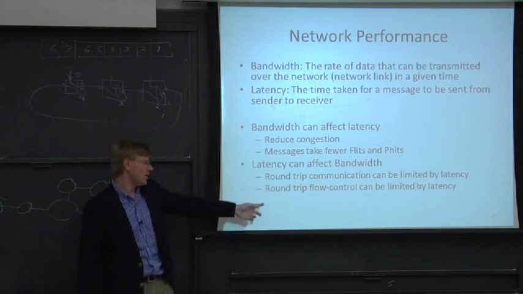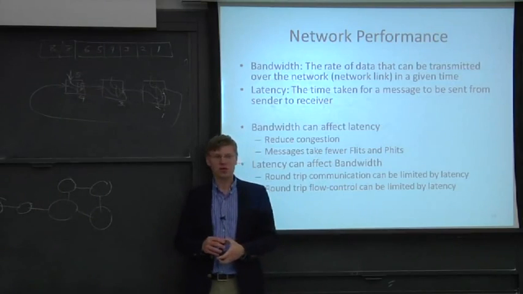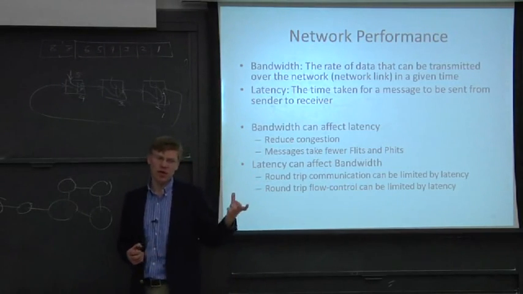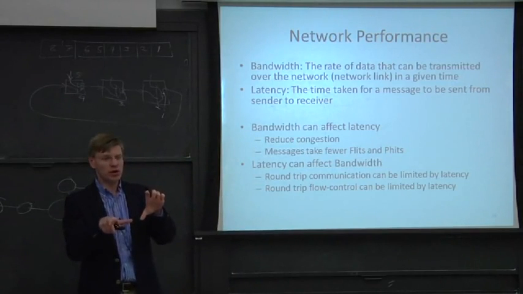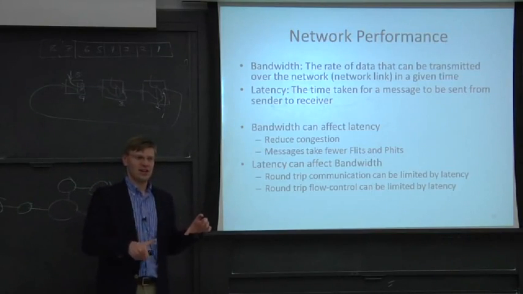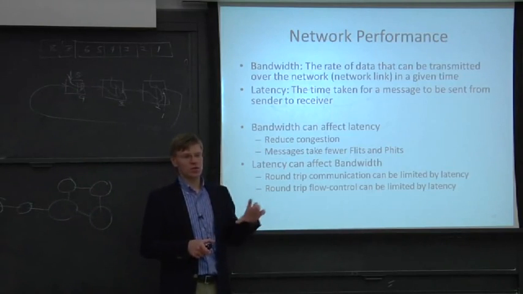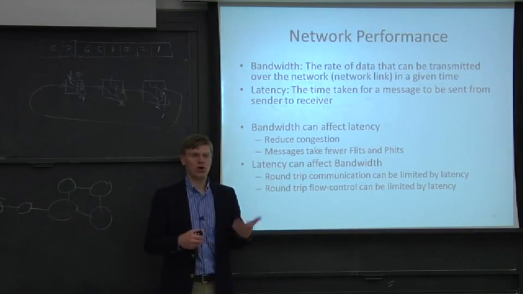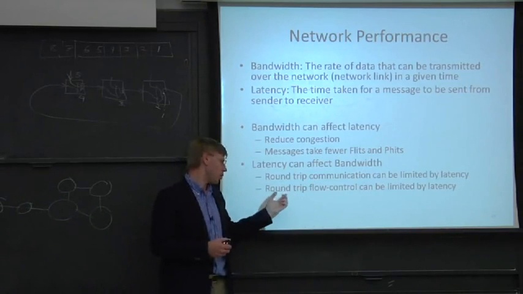And this starts to be what's called a bandwidth delay product, where you multiply your bandwidth by the delay or the latency of your network. And if you increase the latency, the bandwidth will effectively go down if you do not allow for more traffic in flight before you can hear